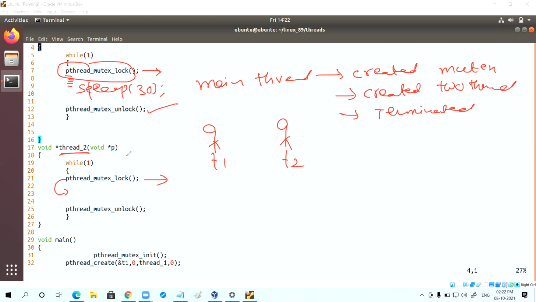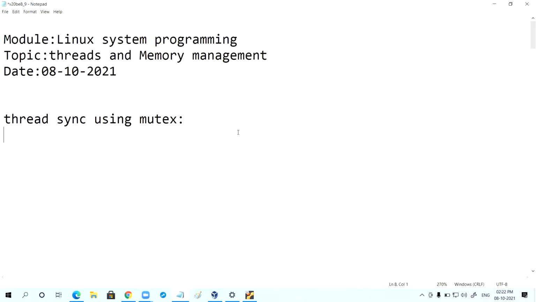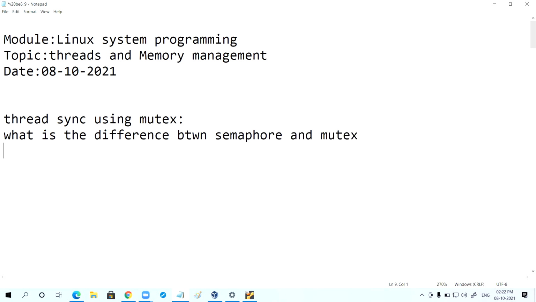Now the question arises, what is the difference between semaphore and mutex? Some interviewers will ask you this. First, both are synchronization mechanisms.